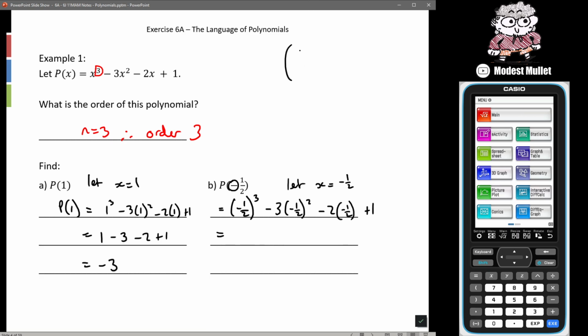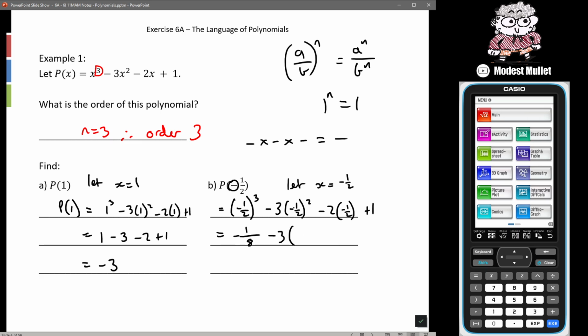Just a reminder on index laws, if we have a fraction to whatever power, we can apply that power just to the top and just to the bottom. The nice thing about 1 to any power is still equal to 1. So 1 cubed is 1, 1 to the power of 4 is 1, 1 to the power of 99 is 1, it just stays. Any negative cube, so that's a negative times by a negative, which is a positive, times by a negative again, that is an actual negative. So we get negative 1 on, so the 1 cubed is 1, the 2 cubed is 8,